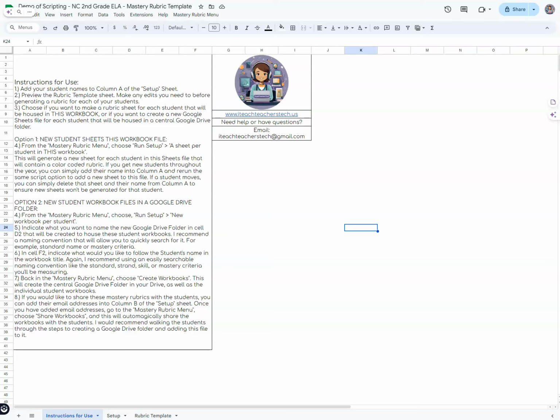Everybody, this is Lauren and I am so excited to share with you one of my latest creations. This is a Rubric template generator, and this is actually designed to go along with the second grade ELA standards for North Carolina, which is essentially the same thing as the Common Core state standards, just a little bit